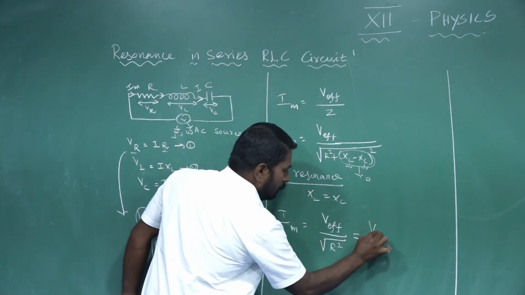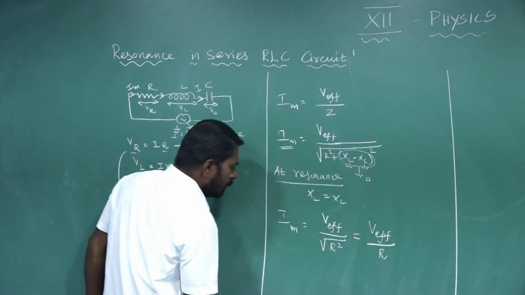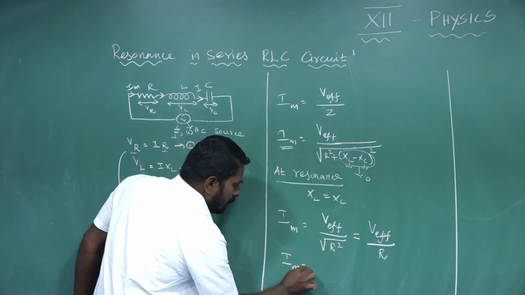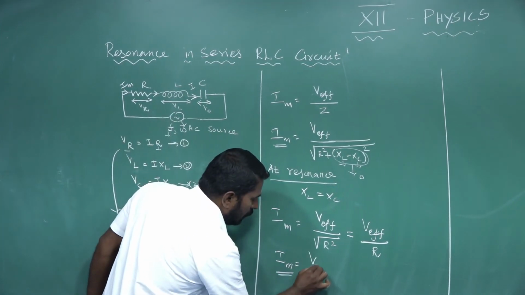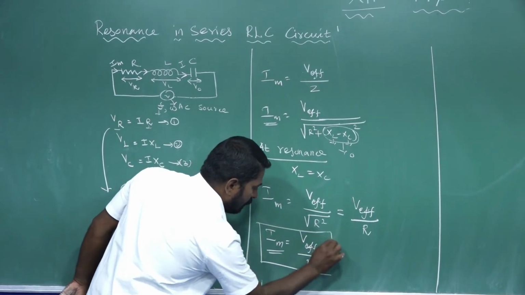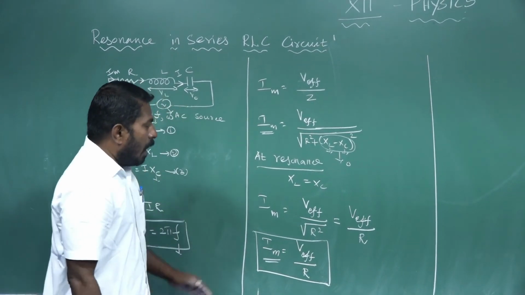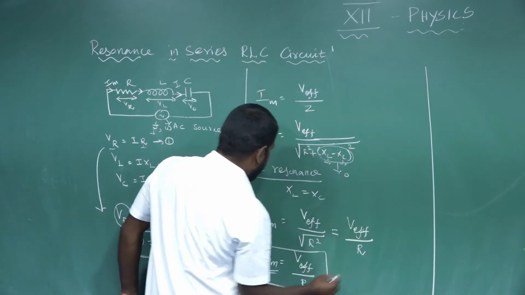So it is equal to V effective divided by R. So at resonance, the current through the series combination Im is equal to the effective voltage divided by resistance. At resonance, the impedance of the series RLC circuit